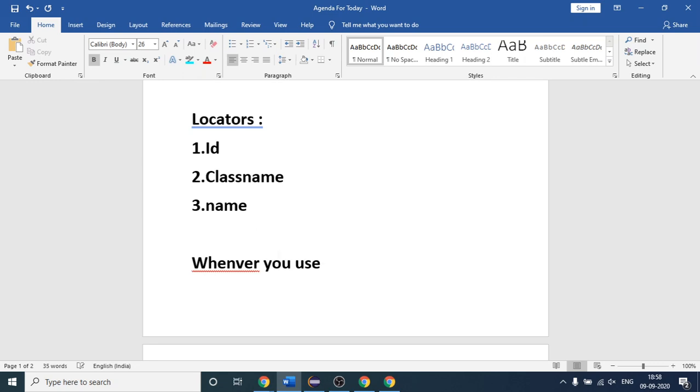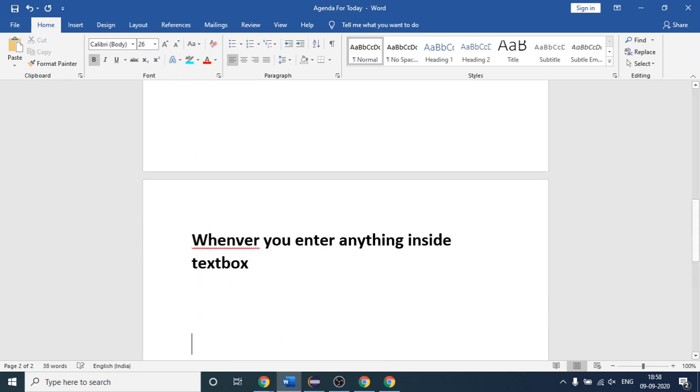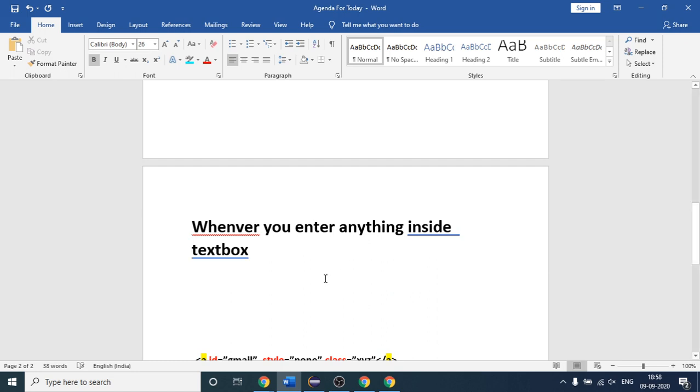Whenever you enter anything inside a text box, you can see I am writing text here, otherwise it will be confusing.